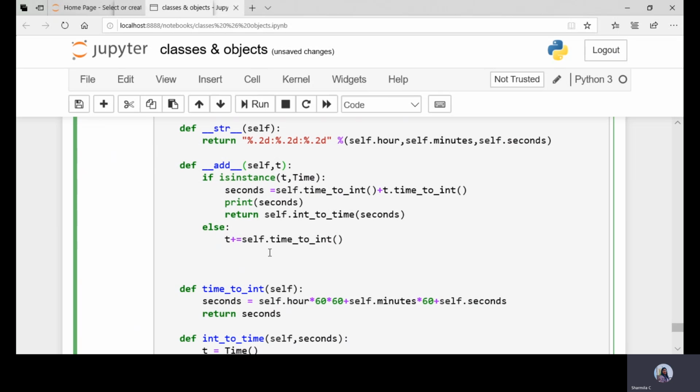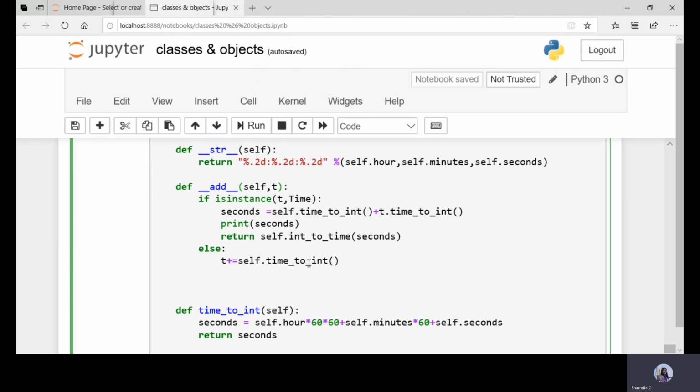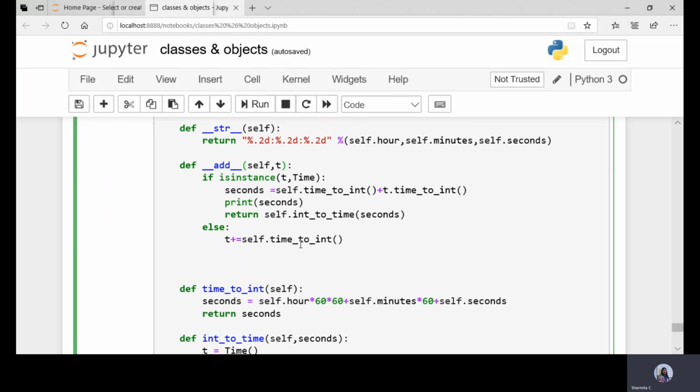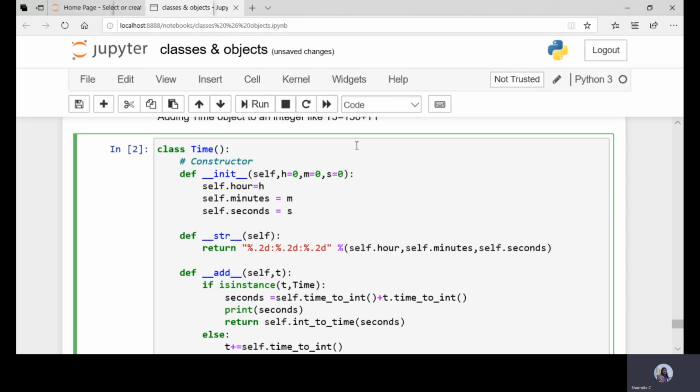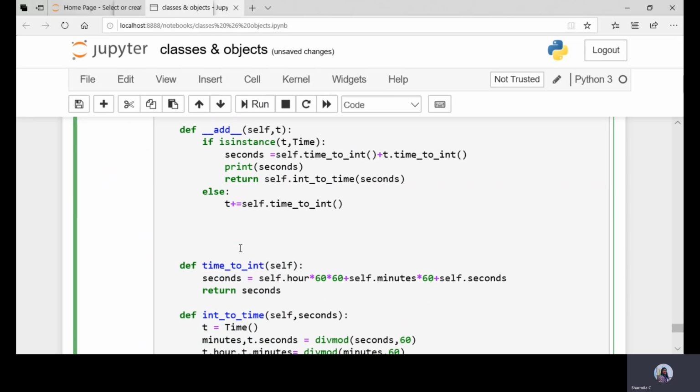So t plus equals self.time_2_int, that is calling the function time_2_int. Then finally after converting, we'll add this to the integer value 75, and after adding seconds, we need to return self.int_2_time.